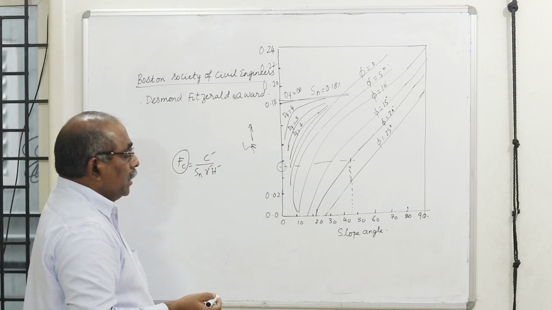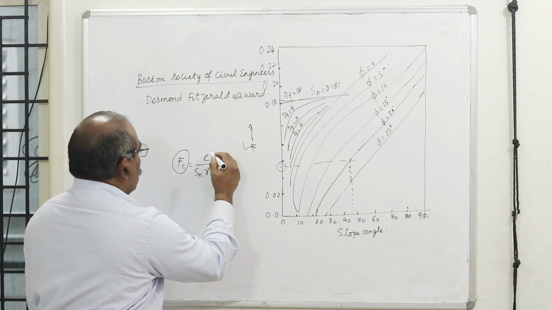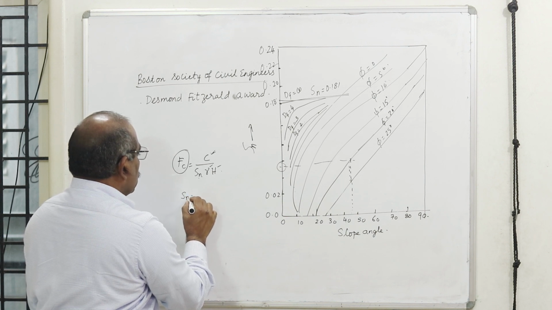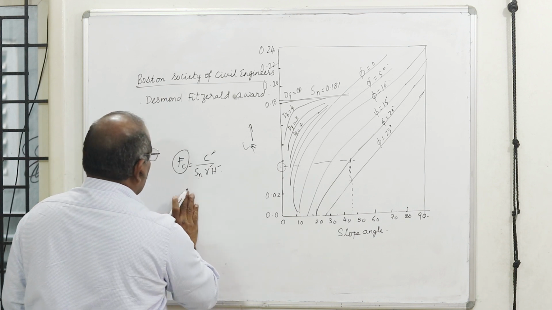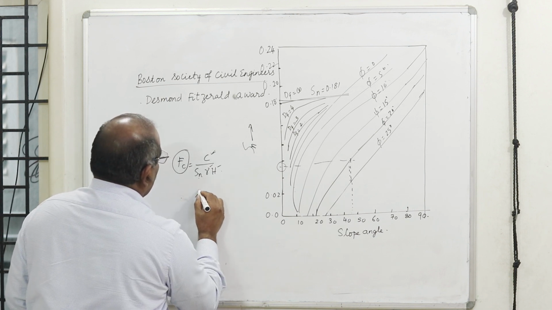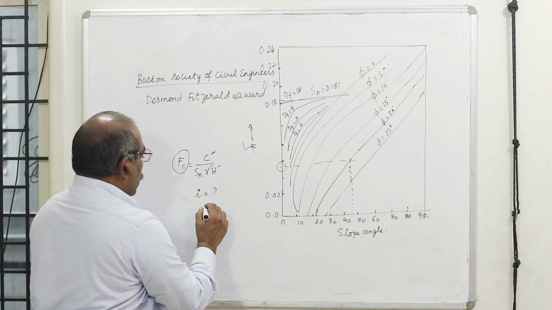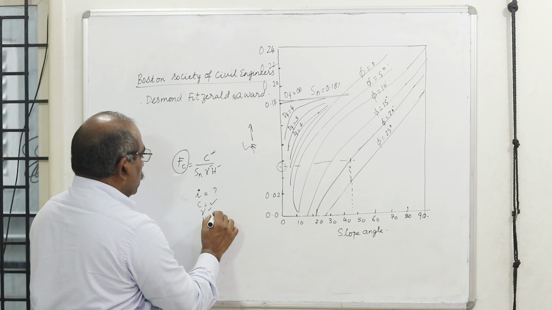In other words, if I want to design, for example, I have my cohesion. Now I need to find out my Sn, and then get my slope angle. My requirement is the slope angle i. To get my i value, I know my C, I know gamma, and I know my height.